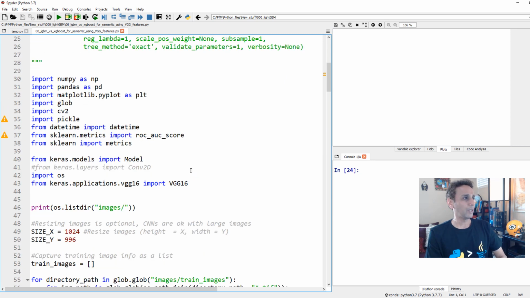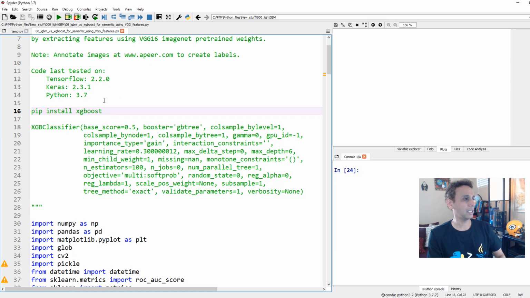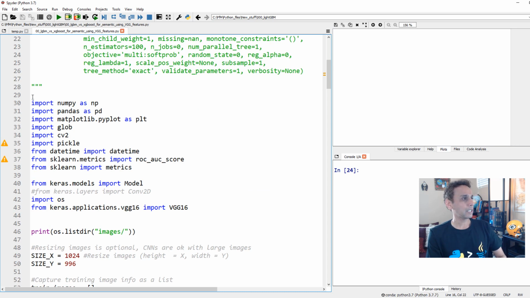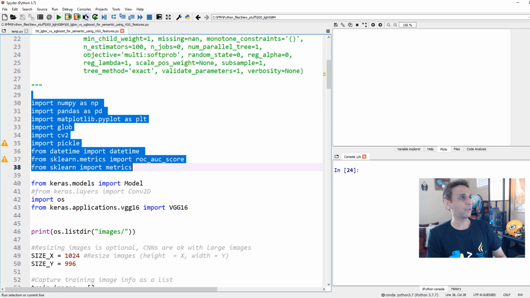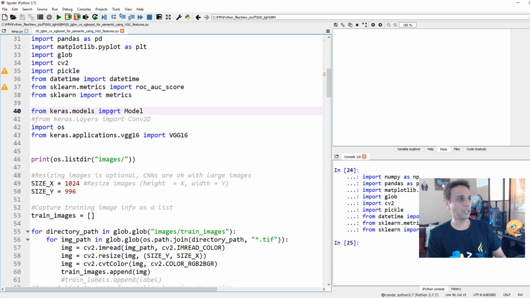Okay. So the required libraries, again, to install XGBoost, pip install xgboost. In fact, I should have copied and pasted how to install LGBM. It's basically the same, as in my last video. Okay, so let's import all the libraries that we imported in the last video, and let's also import